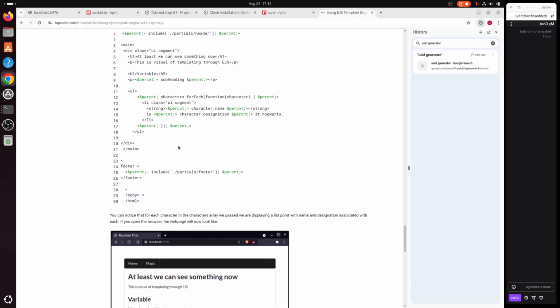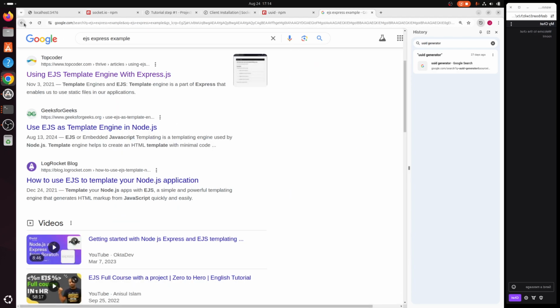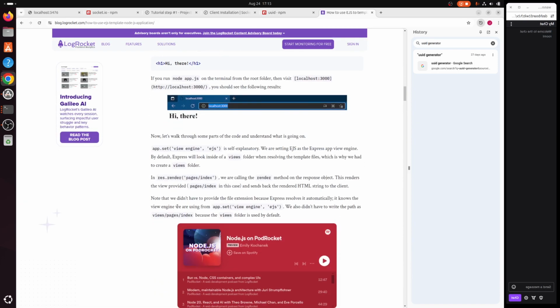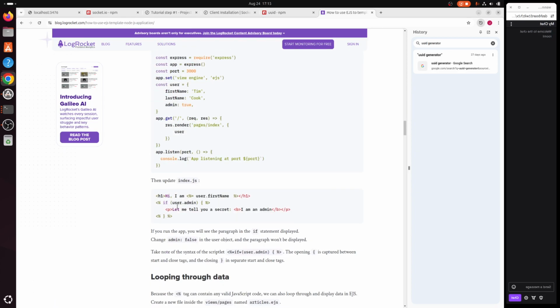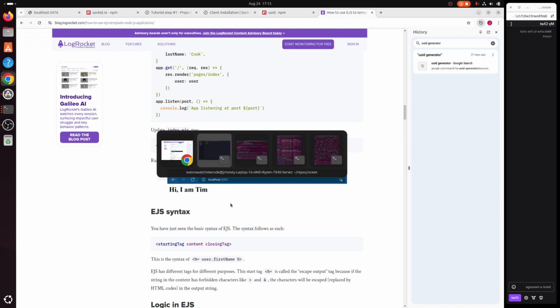How do you do equals? Include EJS Express example. Install Express view engine EJS. Okay, here we go. Okay, so it's just equals